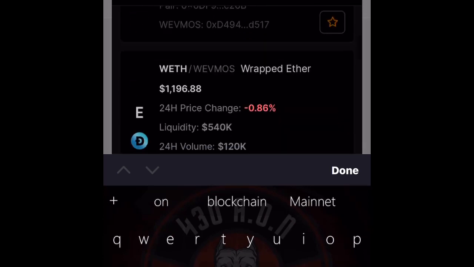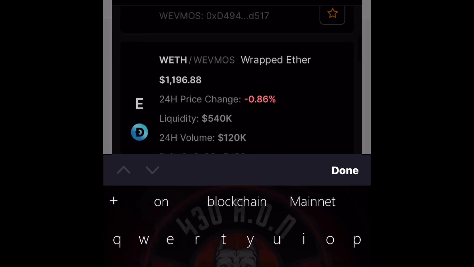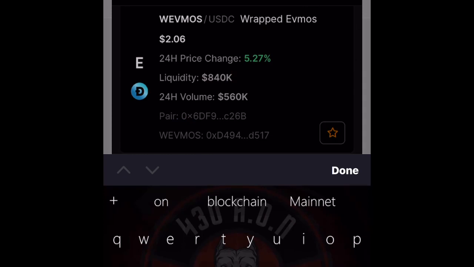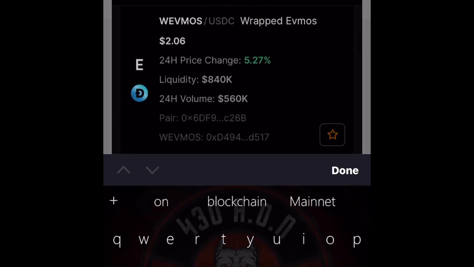Why am I stressing this for my newbies? Because sometimes you might be trying to get a token, but when you go to a certain DEX, look at the total liquidity on there. Look at Diffusion. There's $840,000 in the liquidity pool. That means that as long as you don't have more than that dollar amount going in, you should be able to cash out pretty good.